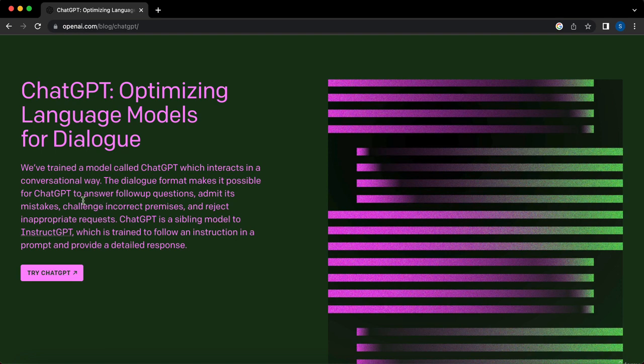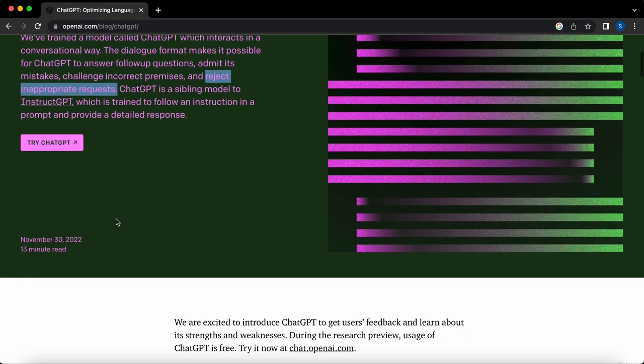And even sometimes if you are providing any input or asking something to ChatGPT, it even challenges your incorrect information as well. And it even rejects inappropriate requests. So basically ChatGPT is a model that is on the basis of dialogue format, or as its name says, it works on the chat model. Okay,